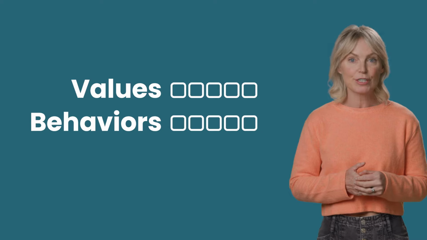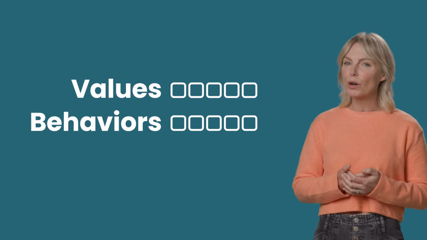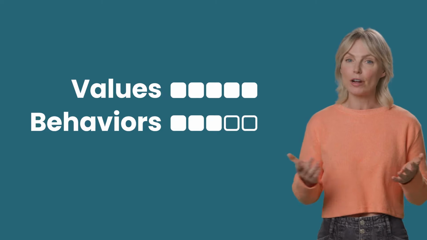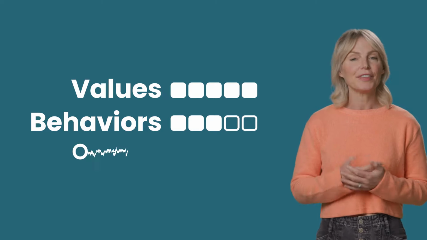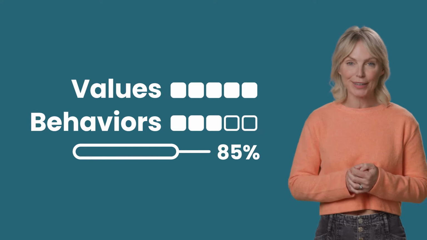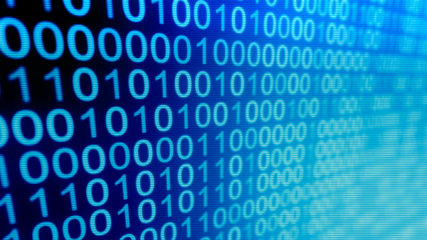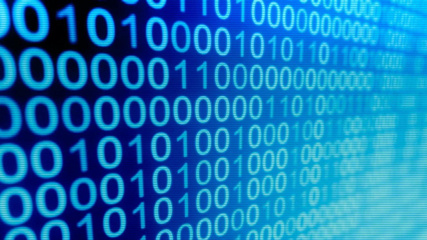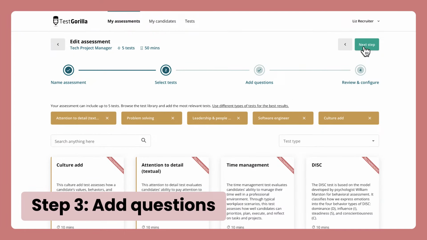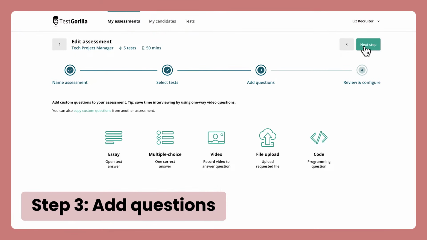With this test, you'll rank the most important values and behaviours for the specific job role on a scale of 1 to 5. Candidates select the values and behaviours that describe them best. At the end, a score is calculated to show the match between the candidate and your company. The average scores from all the tests in Step 2 streamline your hiring process by using a much more effective, data-driven approach, avoiding bias. Now let's move on to Step 3, where we'll add custom questions.